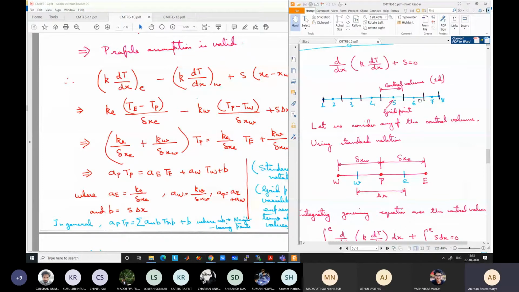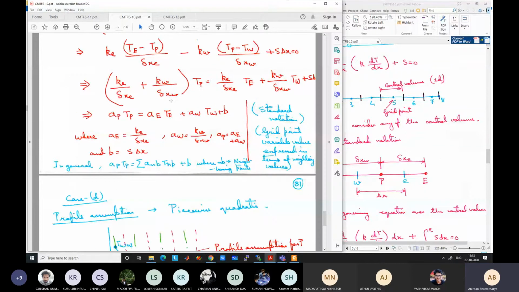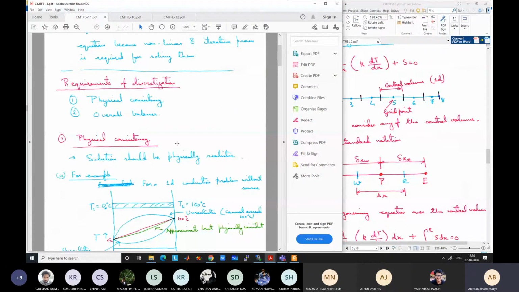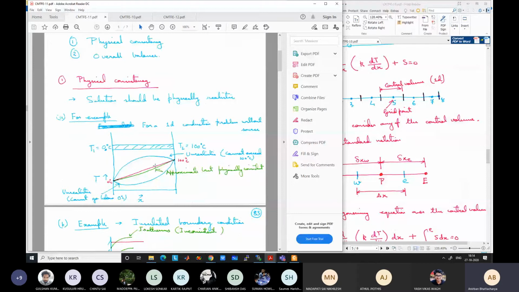Okay. So let us come back to our discussion. This we have discussed, and in the previous class we were discussing some other aspects, like physical consistency needs to be there, and overall balance. Overall balance means overall balance of mass, momentum, and energy conservation, which is already there for the finite volume method. Physical consistency, I have given some examples. The solution can be approximate, meaning not very accurate, but it has to be realistic. It should not give an unphysical solution. It should not go beyond the bound of the boundary condition, or some other unphysicalness should not be there. You can think of more situations where unphysical things happen.